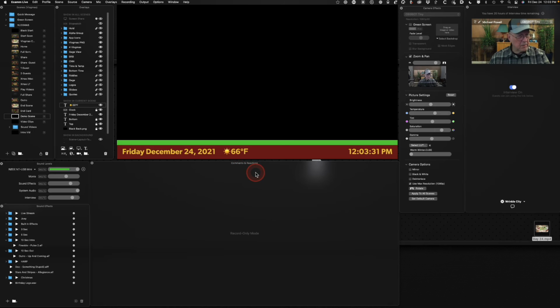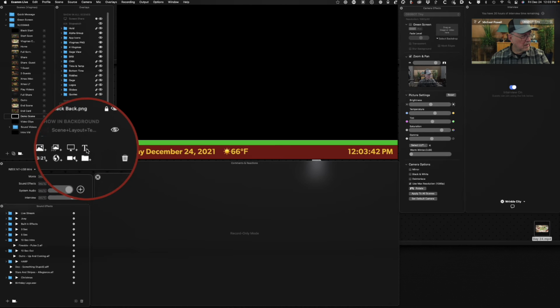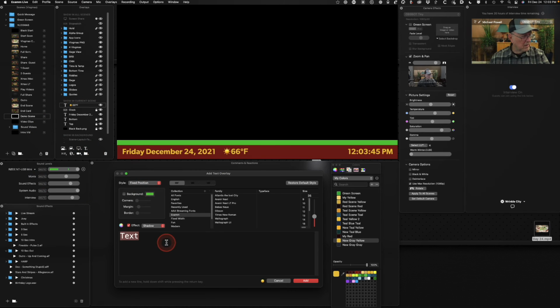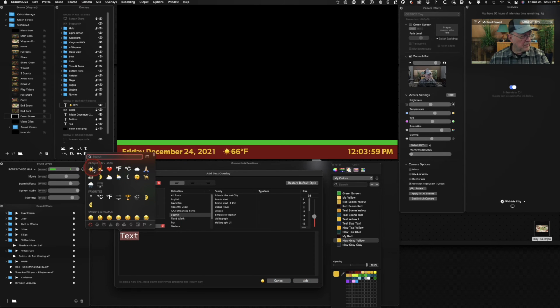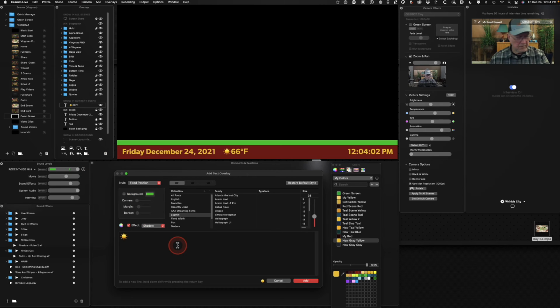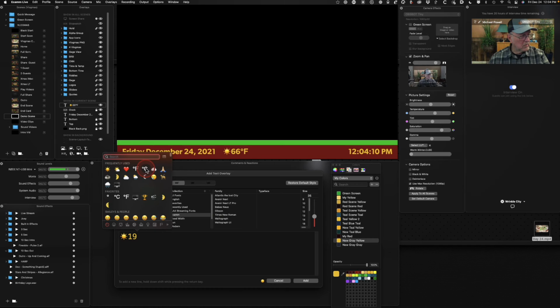Again, the temperatures are something I don't lock. You can lock them if you want, but you're going to have to unlock them to change it. And now we're going to do the same thing for the temperature in centigrade. I happen to know that 66 degrees Fahrenheit is equal to about 19 degrees centigrade. I remember that it's sunny. 19 degrees. Again, back to the emoji and do centigrade